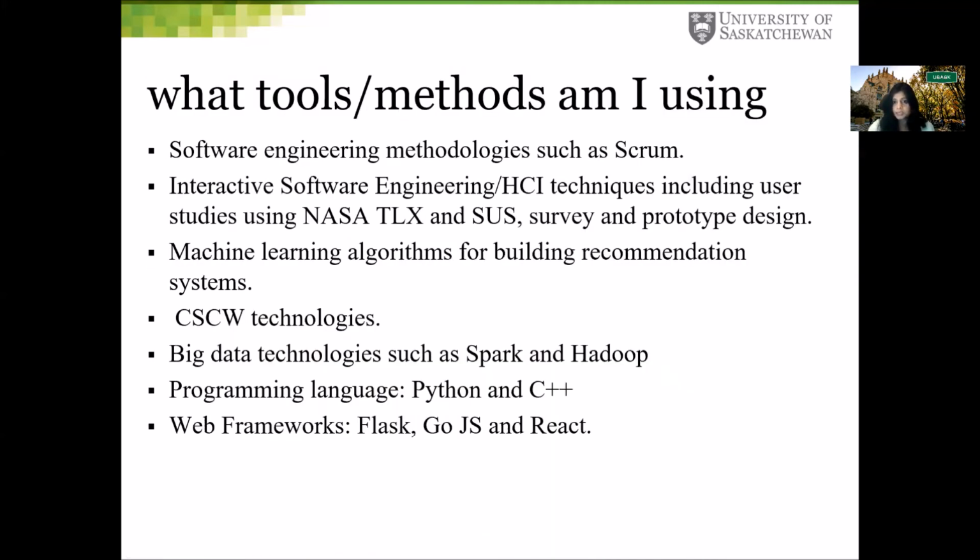Now, what tools and methods am I using for my research? I'm basically using a combination of software engineering methodologies, techniques, and HCI techniques, including user studies, surveys, and prototypes for my